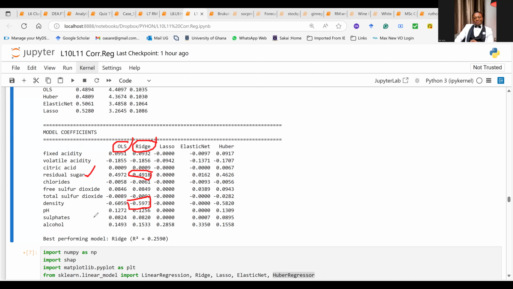Okay? When we start using the Shapley additive explanation, which is a very beautiful explainable artificial intelligence way of speaking to managers, this variable, density, and that variable, residual sugar, are critical predictors in determining the quality of wine.